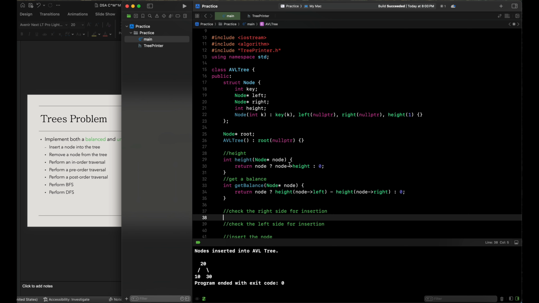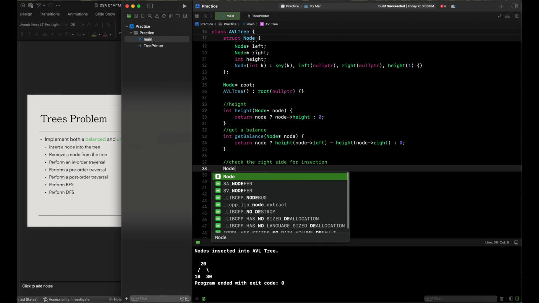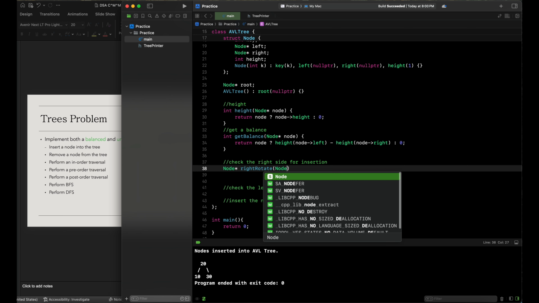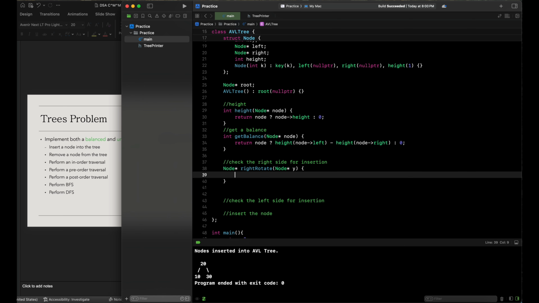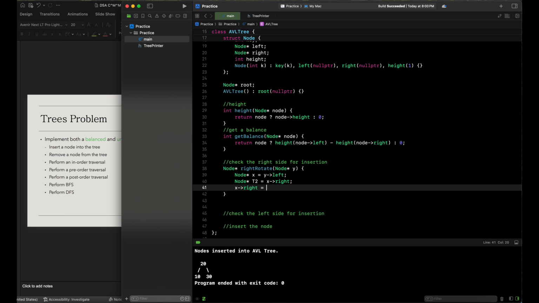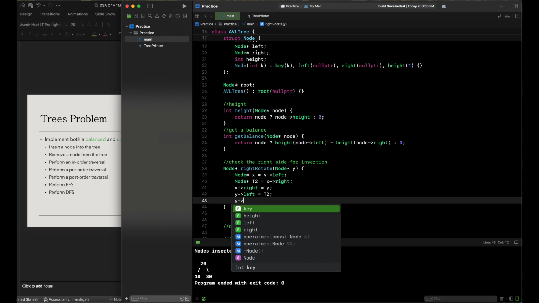Here we go. And then we're going to check the right side for insertion. We do this by a rotation in this case. Node right rotate for node y. It's going to be node x equals y at the left, and then node t2 is going to be x at the right. X right is going to equal y once we are rotating on y. Y left will be equal to t2, and then we are going to get the height of our following